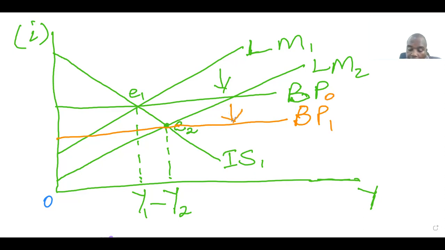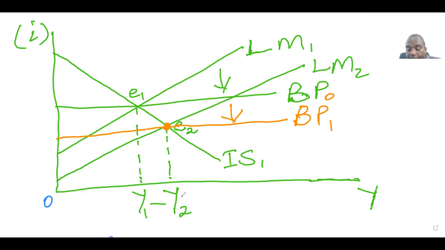So if our balance of payments curve shifts downwards as a result of trade policy, say the imposition of import quotas or the imposition of an import tariff, assuming that there will be no retaliation,